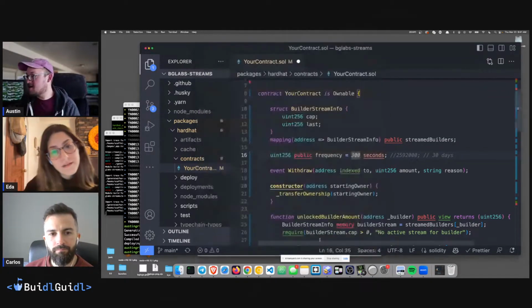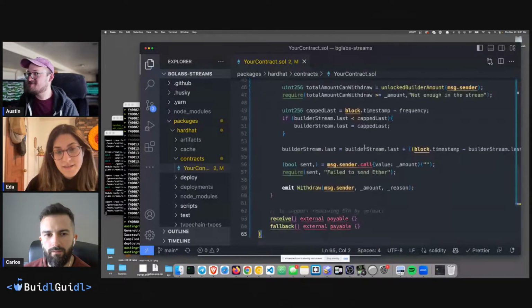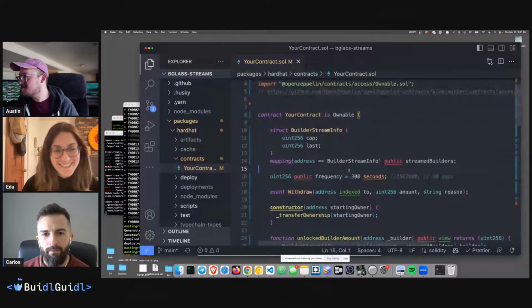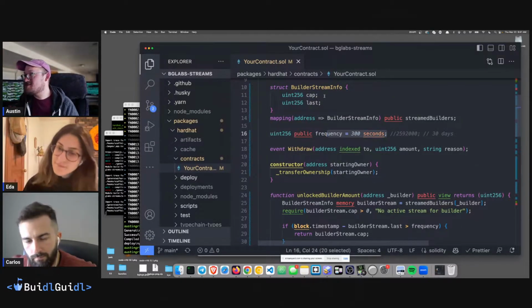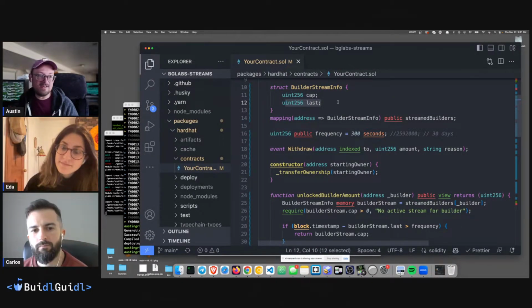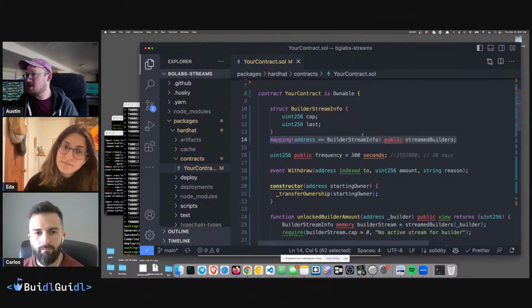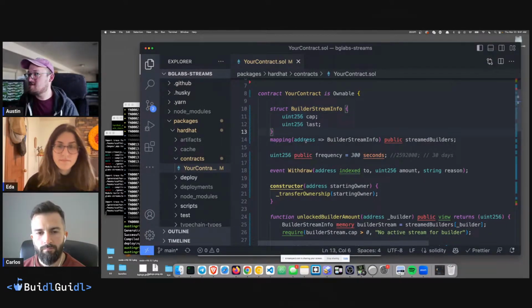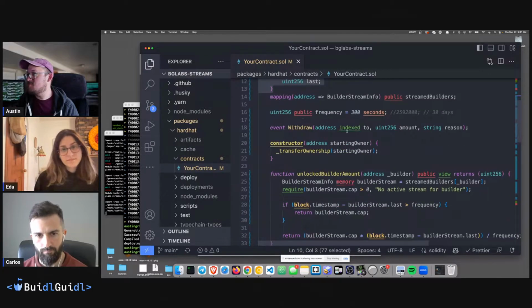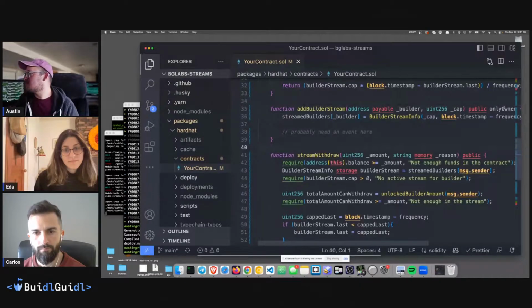Exactly. Okay, and I can jump over and even see. Should we go look at that calculation? Hopefully, I haven't actually made any changes here. Except for that one change where I copy and pasted everything. Okay, so you've got your cap. You've got this frequency in which you can stream that cap, and then we're tracking the last time you pulled, and then we have all the builders. Basically, we have a mapping of any given address to their struct. So for any given address, we have a stream that we would set up with some add builder stream function that's an only owner.